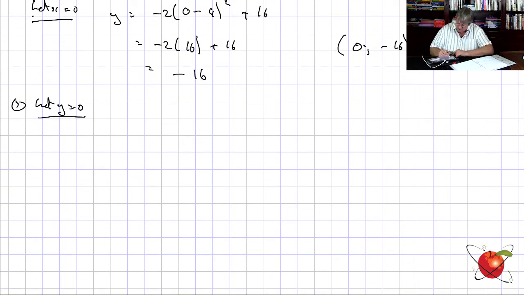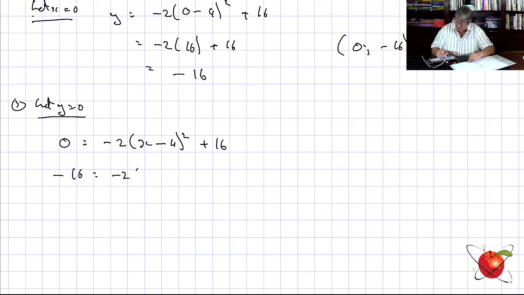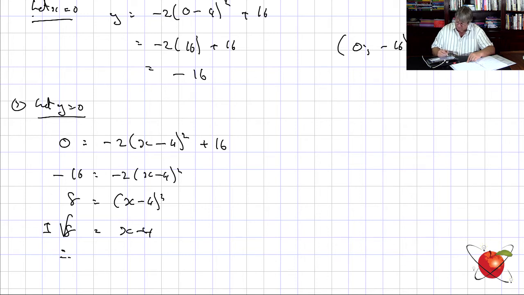So we now say 0 is going to be equal to minus 2 times x minus 4 all squared plus 16. Take the 16 over, becomes minus 16 equals minus 2, x minus 4 all squared. Divide by minus 2, I get 8 is equal to x minus 4 all squared. Take the square root, so therefore plus minus root 8 is equal to x minus 4. Therefore, x is going to equal 4 plus or minus root 8. All right. Now, in surd form means we need to